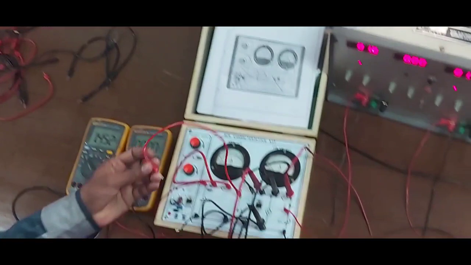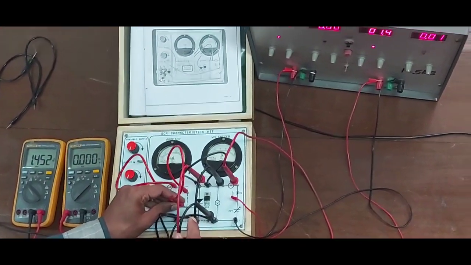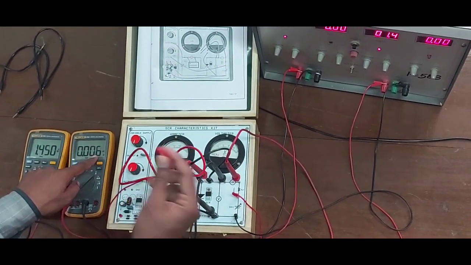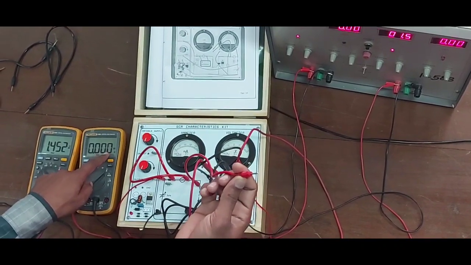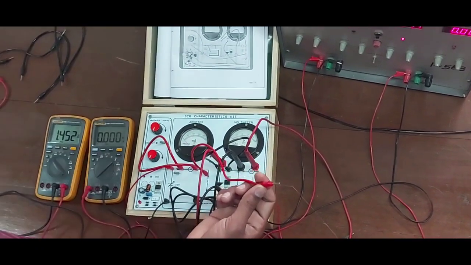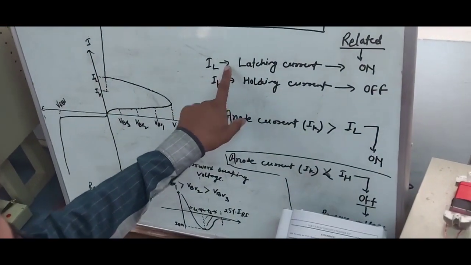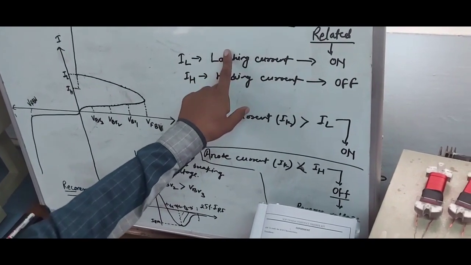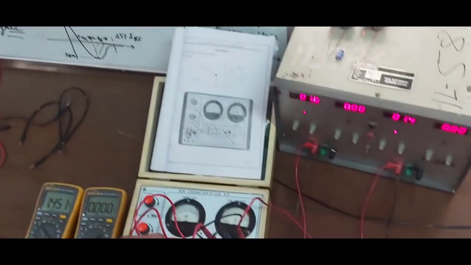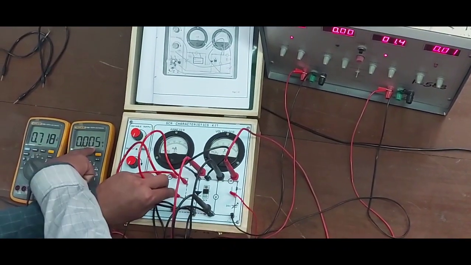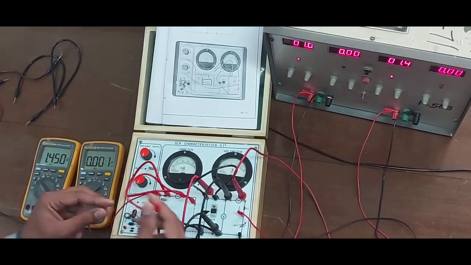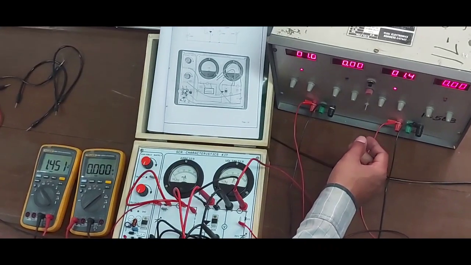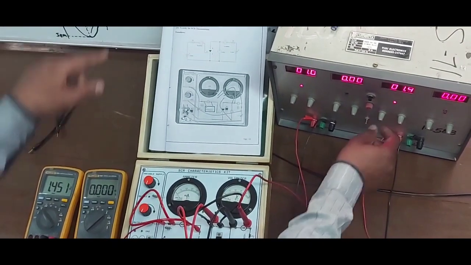Now again I connect a gate pulse to the SCR. Then what happened? When I connect the gate pulse, 7 milliampere current flows. When I remove the gate terminal, it turns off again, which means the SCR is not getting an anode current greater than its latching current. The anode current is less than the latching current, so the SCR will not stay on. Just connect the terminal and you see current flow again, but as you remove the gate, the SCR turns off.